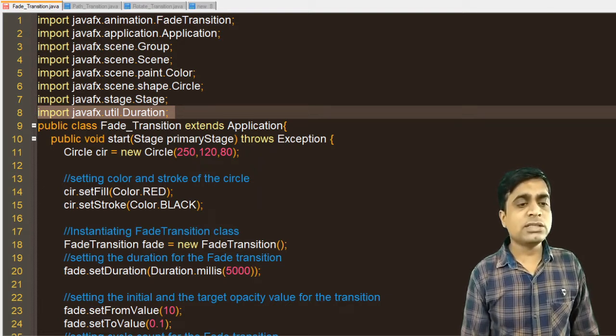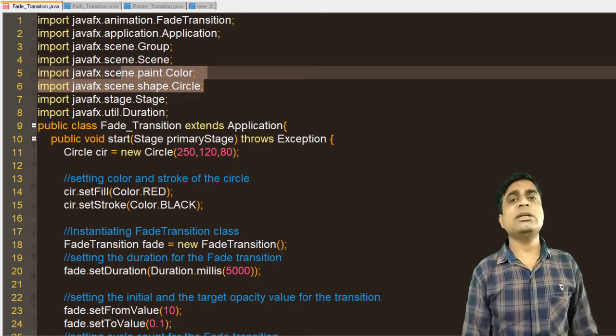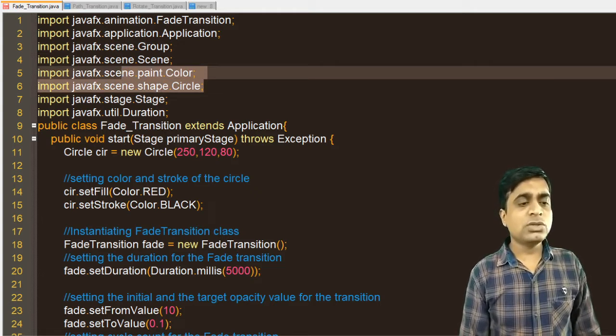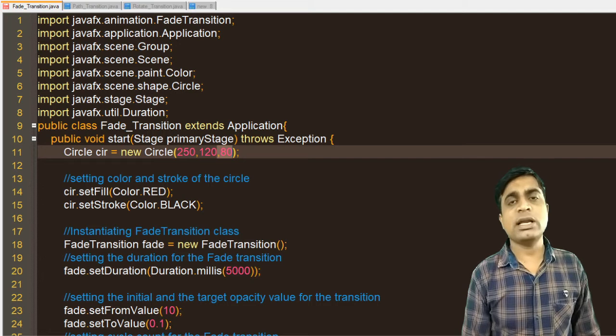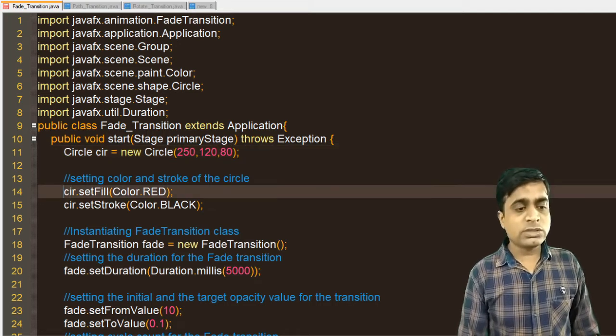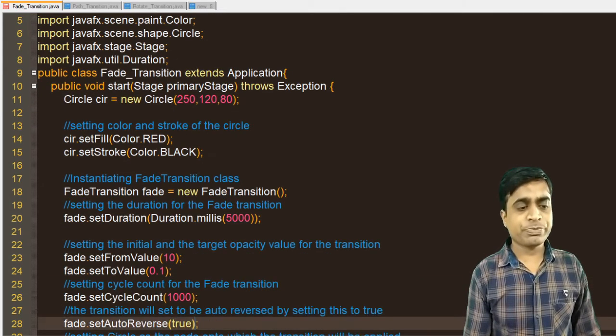Then I am using a circle, and a Color class, part of the paint package. First of all, create the circle, passing the x and y center point and the radius of the circle. Now set the circle's background color to red and stroke the border of the circle in black.